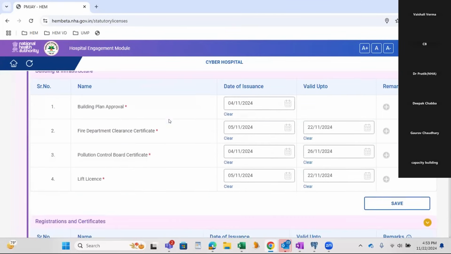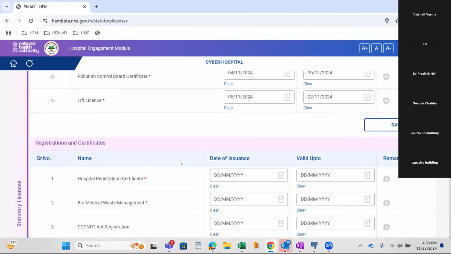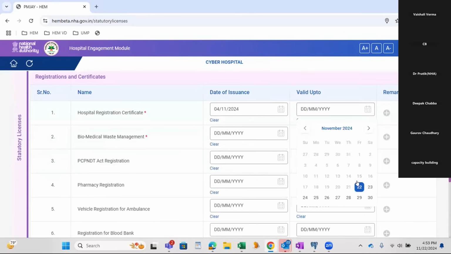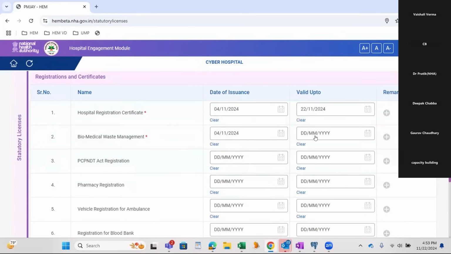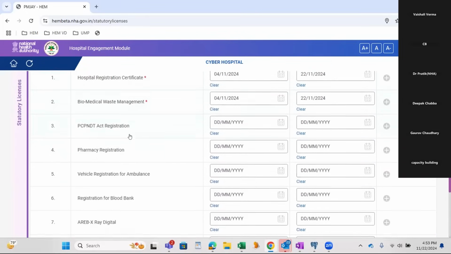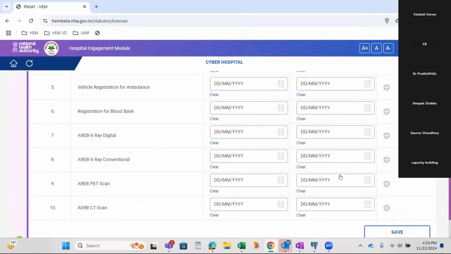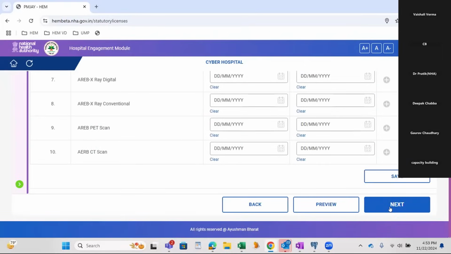Statutory licenses data is saved successfully. Filling the further data. I'm filling only the mandatory details in order to navigate this form in a faster way. Now next.